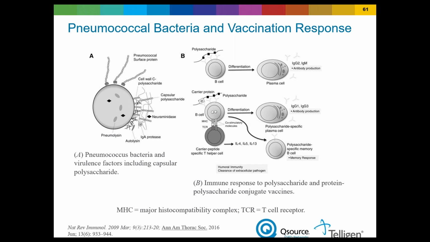So just a little difference between the two vaccines. The diagram on the left, A represents the pneumococcal bacteria, and the B panel represents the 2 different kinds of vaccines. The one on the top, the polysaccharide, as I mentioned, does not result in long-term memory. It's just short-term response making antibodies. On the other hand, the one below has a carrier protein attached that allows triggering of additional lymphocytes that result in long-term memory.